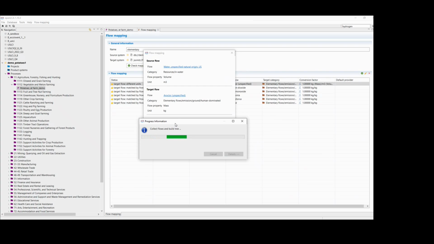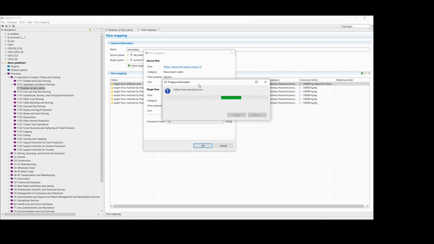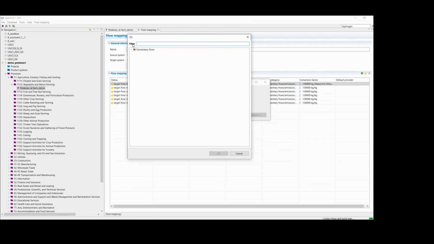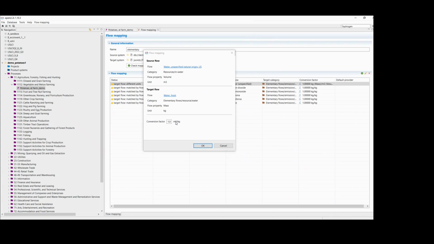So just click on RQuar in this case, and we'll be able to switch it around. You can just search up here, or you can go through the menus. You know that this water is a resource since it's being used for irrigation, so we'll choose fresh water. And then we'll need to convert it from cubic meters to kilograms.